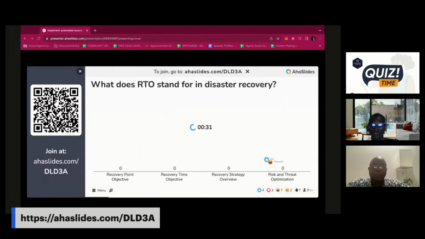I can see different emojis, and I'm very sure you're feeling, wow, the simplest of all this. This is to ensure that everyone is captured, both beginner and higher level. The questions are based on what has been presented. So let's send in our answers. 3, 2, 1, and time up. Let's see how many people got the answer.